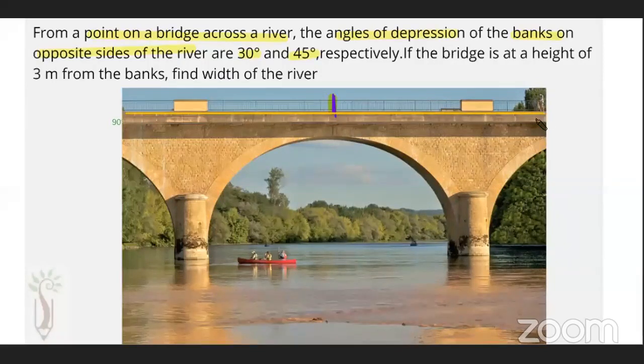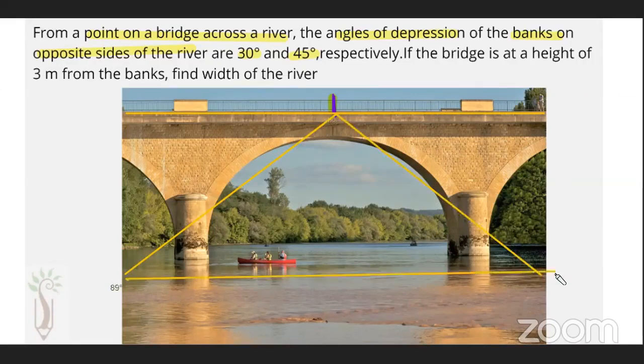Now the person is looking at the river bank. Okay, let's say this is one of the banks and this is the other bank. Okay, and they are horizontally straight. Why? Because it's a river bank, right? Now I'm going to drop a straight line, which is perpendicular. Why perpendicular? Because it's the height of the bridge. Okay, and that will be 90°. Without the height, we cannot show a right angle triangle here. So I'm dropping that line, which is a 90°.